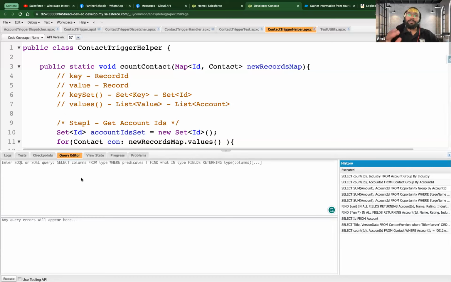But in Salesforce we don't have such a concept of asterisk. But what we have is a few methods. So there is a method called FIELDS. As I said, this is a method, it will always have opening and closing parentheses. And then here you have to put the fields. What fields do you want? Do you want all fields? Yes. From which object? Let's say from Account. And if you execute it,